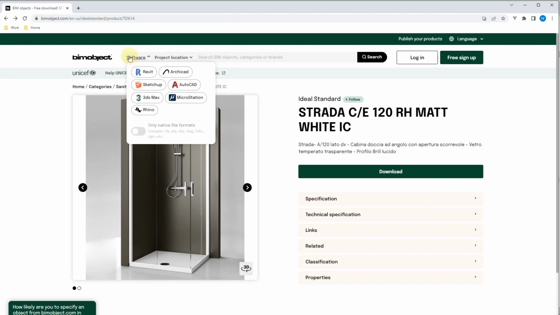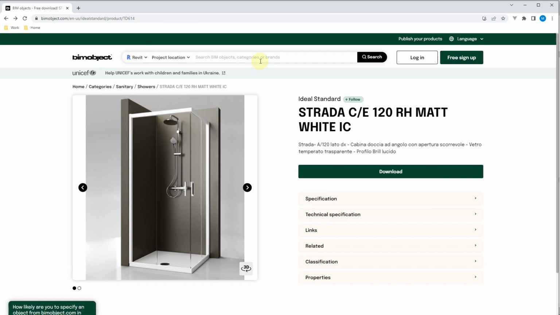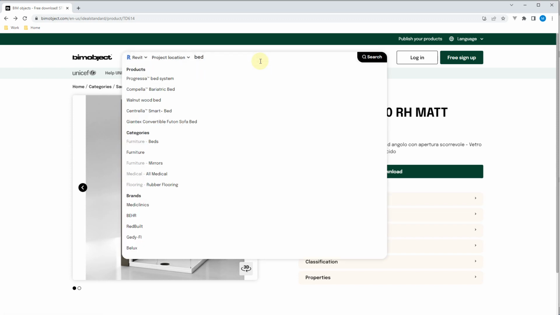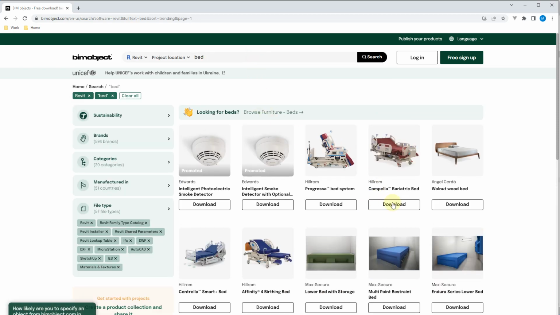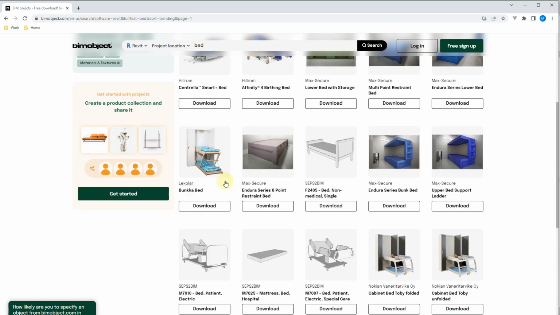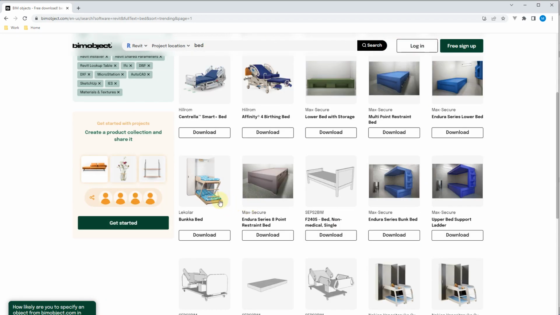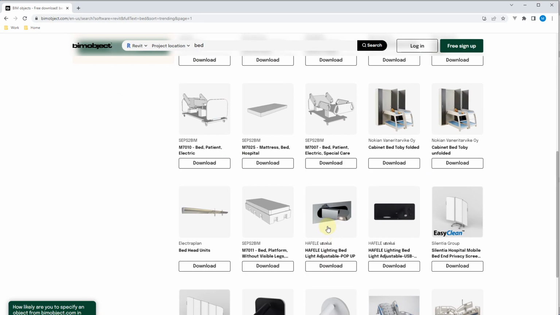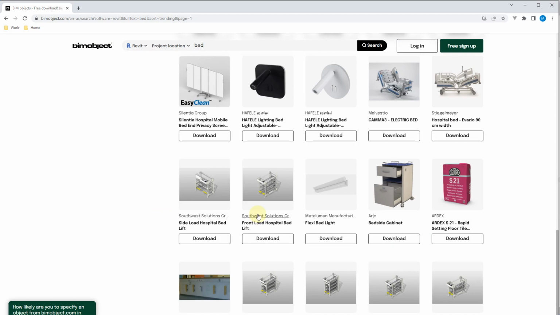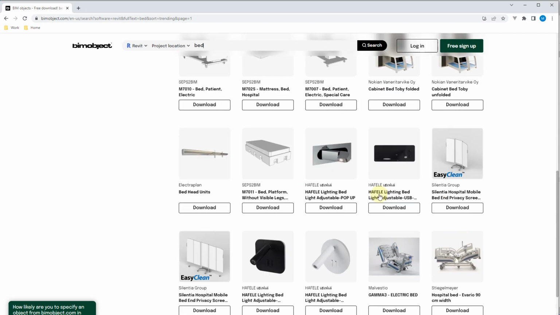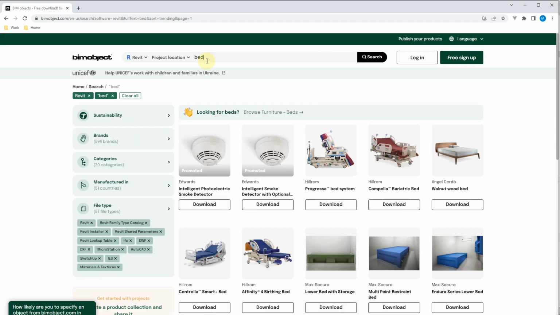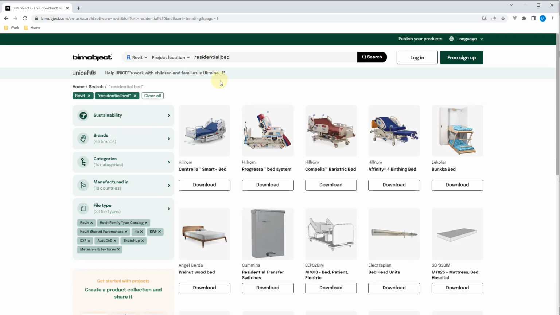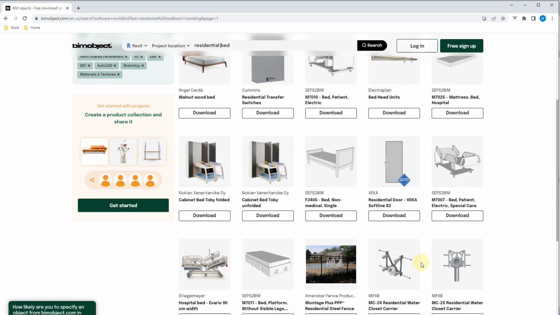But let's do Revit, and we'll search for, let's say we want a bed. So the hospital bed, wow. These are actually way better images than I remember them having a couple years back, but maybe it's just bad memory. Anyway, you have a lot of different options here. Maybe you search for residential bed. Nope, still a lot of hospital equipment. Anyway,